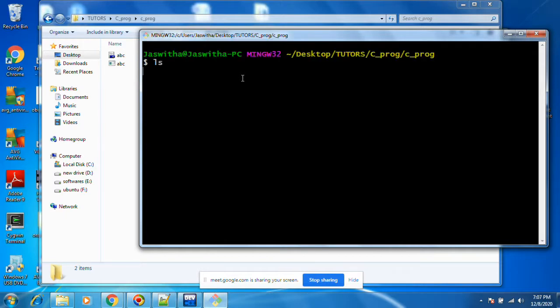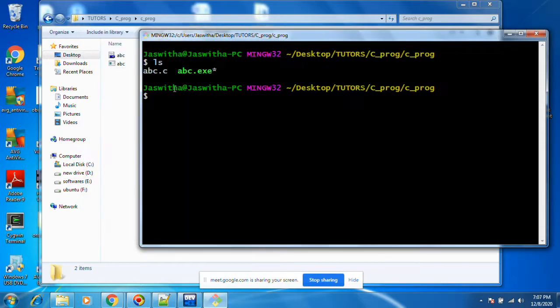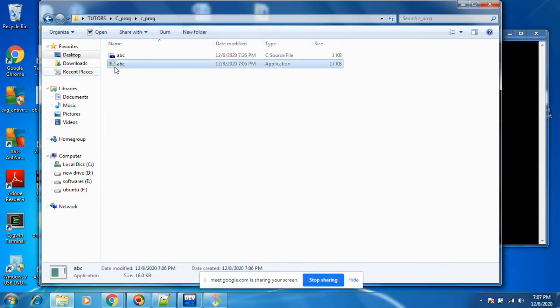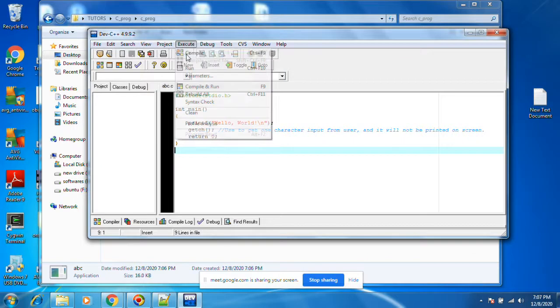Type ls. You see, this is .c, the .c file is this one only, abc.c. And another file was created, .exe. This is the machine understandable language. Then once compilation is done, you have to run. Execute, compilation is done, and then you can run.